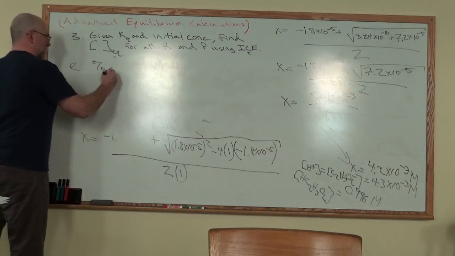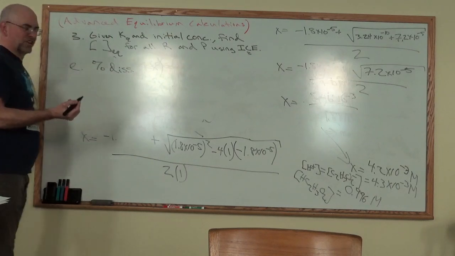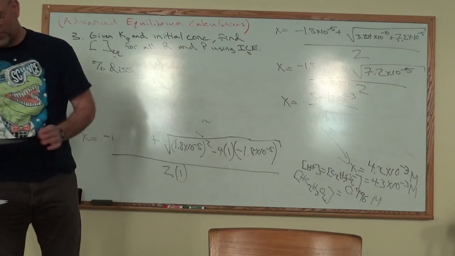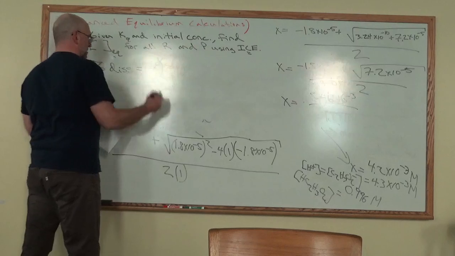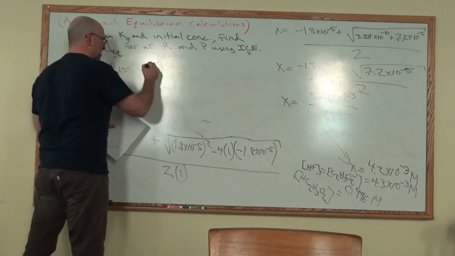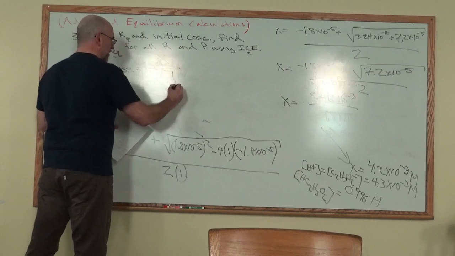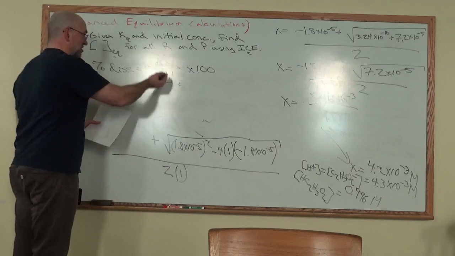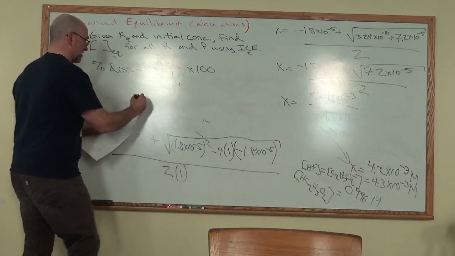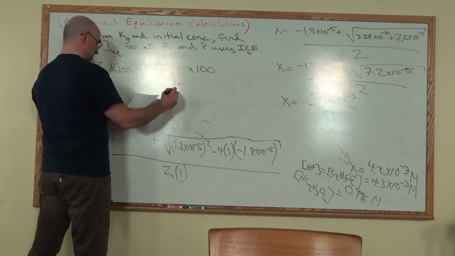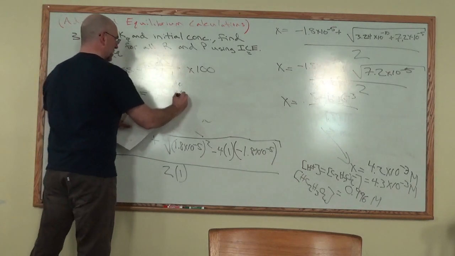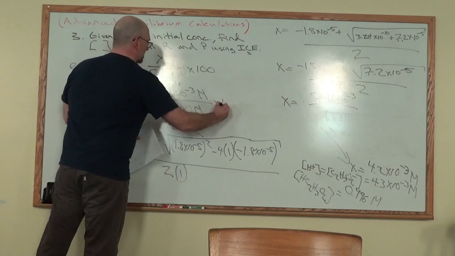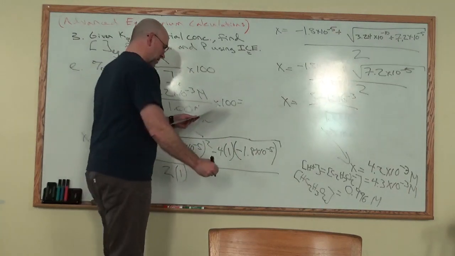So, percent dissociation is, there's a generic formula for this. It's how much it changes divided by the initial concentration times 100. So how much of it dissociates? How much does it change divided by where it started times 100? So in this case, it changed by 4.2 times 10 to the minus third molarity. It started out at 1.0 molarity times 100, and you'll end up getting,